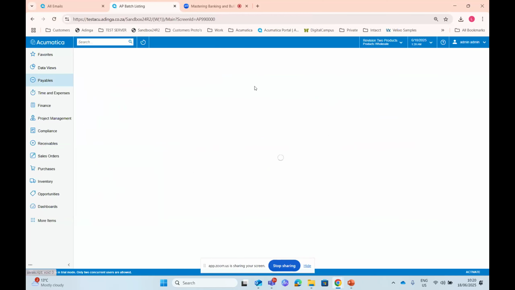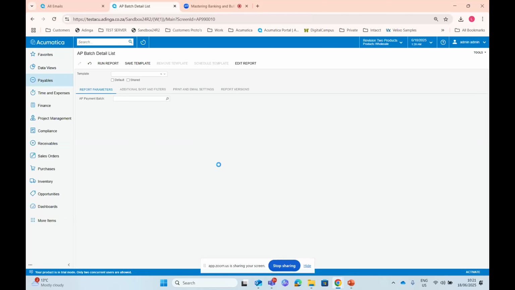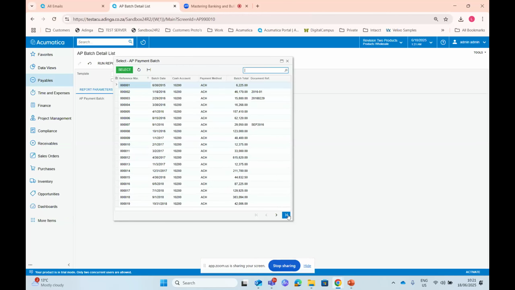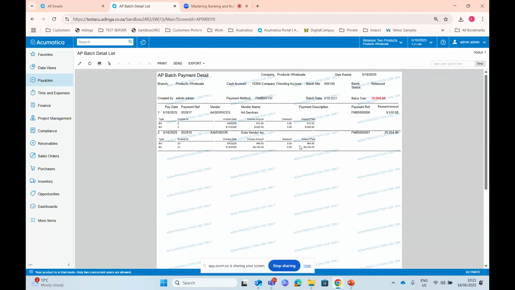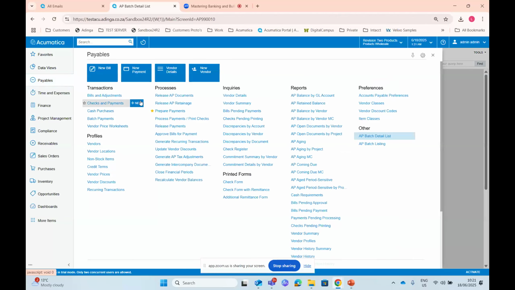If I go to the listing report, you can see the same information on top, but you can then see the bills that you've paid. So this is the payments that are linked to that batch. And then you can print it, export it, and you can keep it on file to say these are the invoices you've paid on this batch. Okay, now we've paid all the suppliers, they've got a remittance to say what invoices were paid.